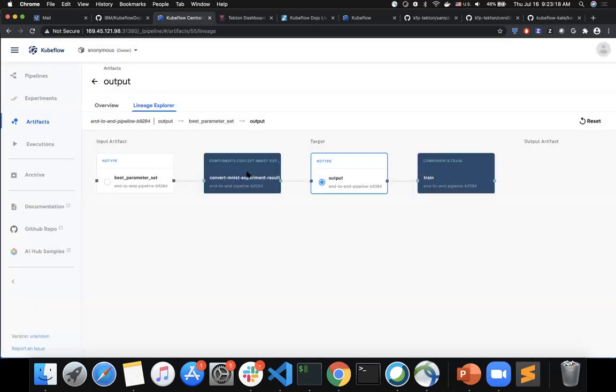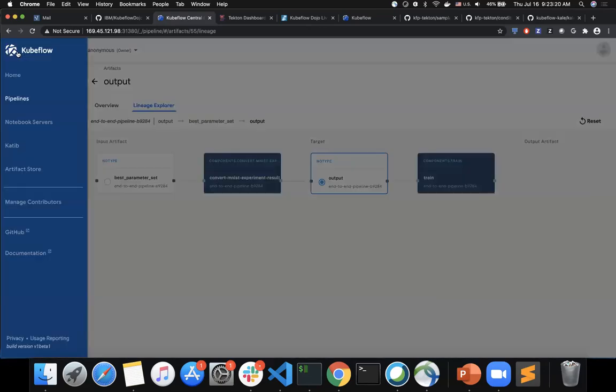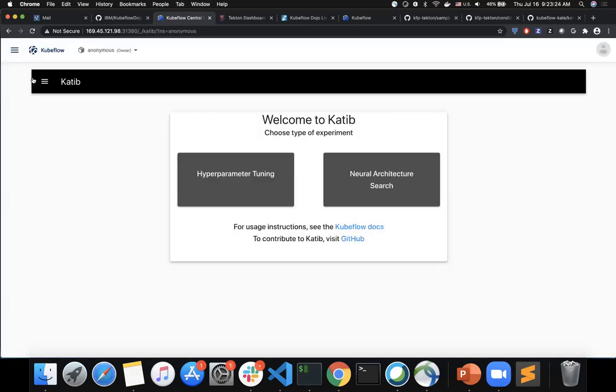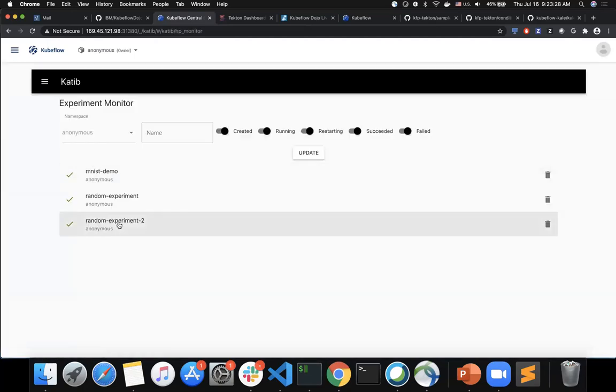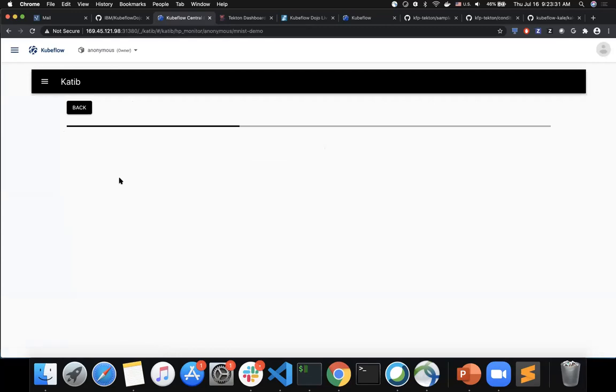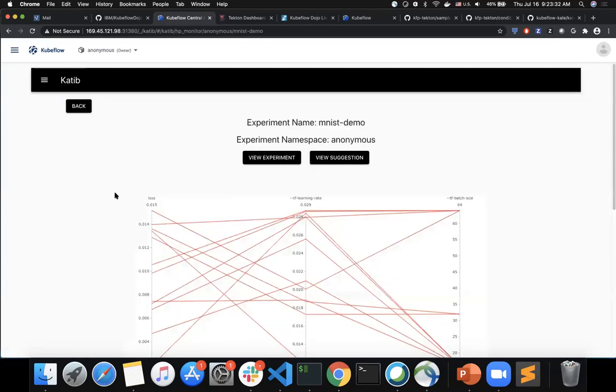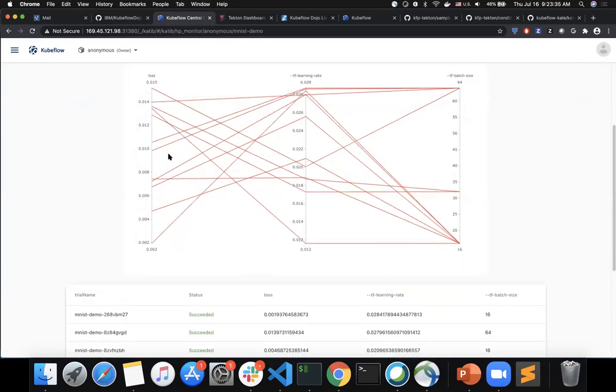And for this pipeline, since we trained it using Katib, you could also see there should be an experiment being triggered over here. So this is the experiment we have just ran, and you could see